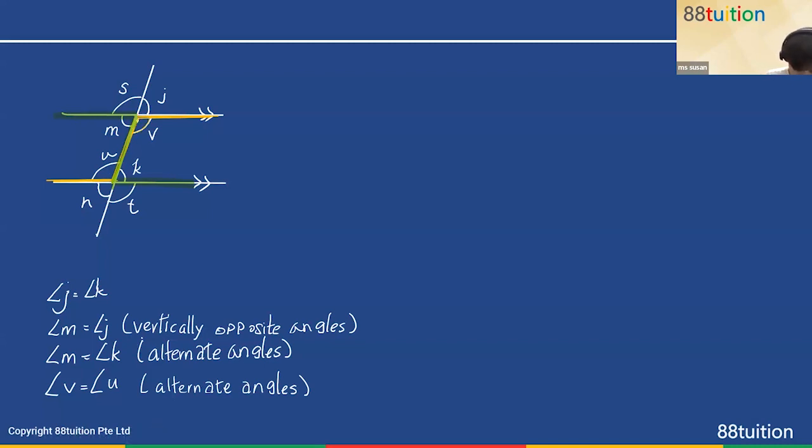Okay. It is this angle, this angle, this angle. You see the Z? Something like that. We call them alternate angles. Okay. So these are a few of them. So in fact, if we were to